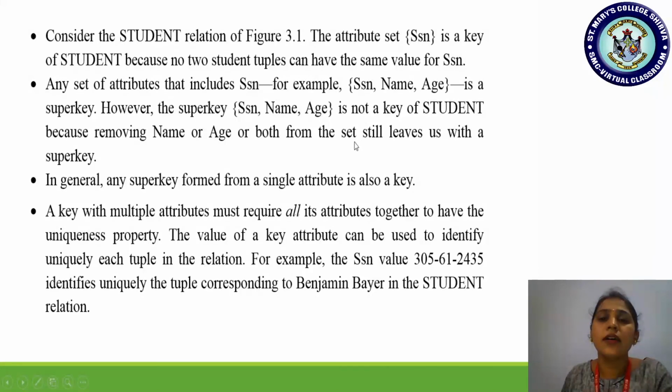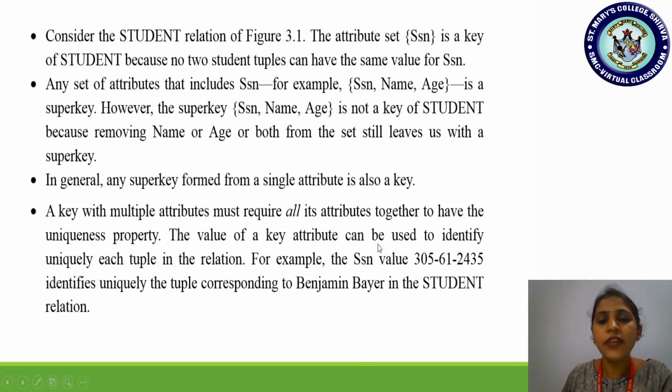So we know why the key attributes are used, so that we can retrieve the exact data from the relation. If roll number is not there, it is difficult to fetch the data. If I search for a student record with the name Ramesh, and there are more students with the same name Ramesh, then which is the exact record I am fetching? Are you all understanding? It may display all the Ramesh records. So it is always better to have a unique attribute or unique key, with the help of which we can exactly search a particular record.